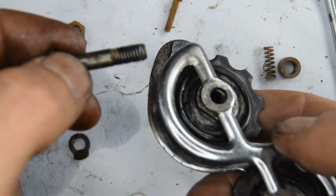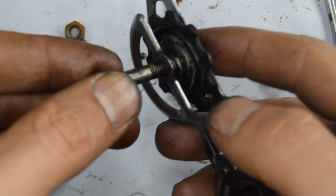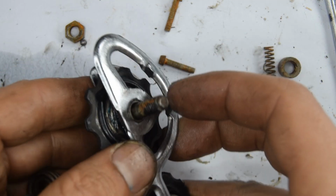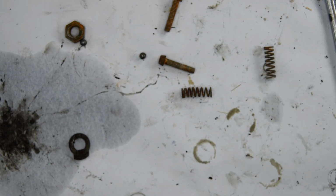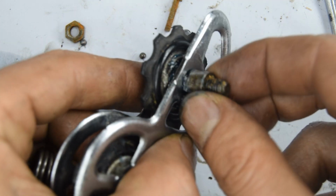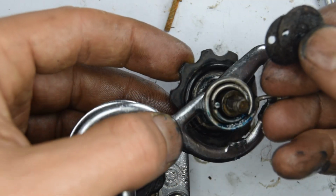Then grab this bolt and it will go through this side. Like so. I believe there was a barrel. There, like that. We then got the spring,